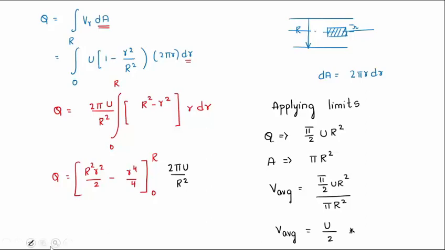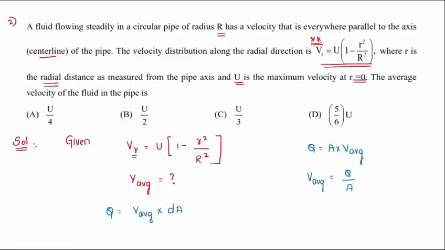Hope you people understood clearly here. Simple. I have taken out R as the LCM, R square minus r square, and the R square taken out as a constant. I have multiplied this r inside. That will be R square r by 2 minus r power 4. Here what happens? R square r square by 2 minus r power 4 by 4. When I take this, you will be having the value of pi by 2 U R square. From simplification of this value, you will be getting this, and this is the area, right? This is regarding the answer, which is U by 2. Option B is the right answer for the given question.